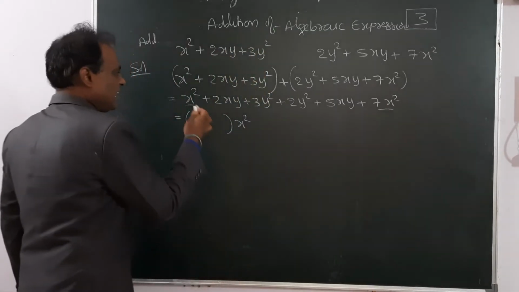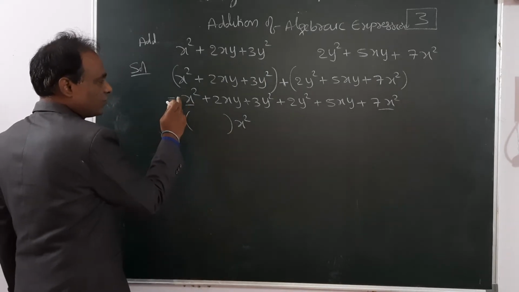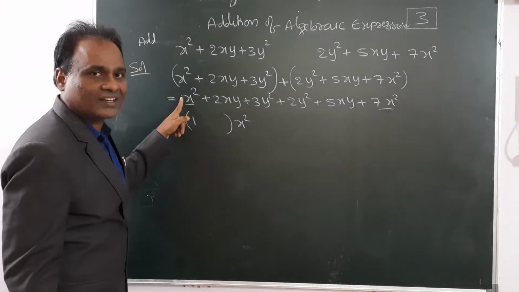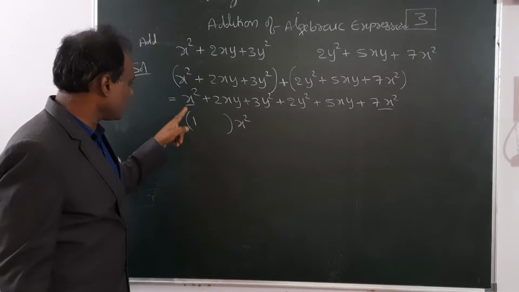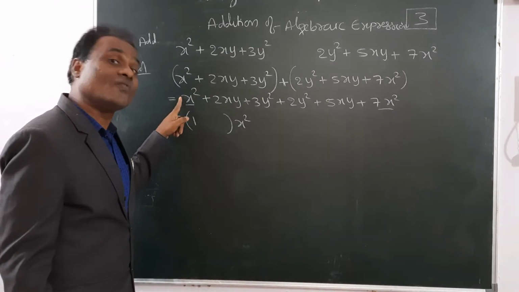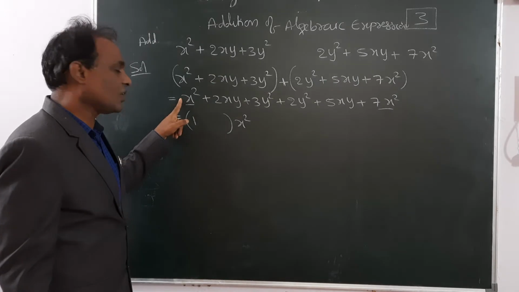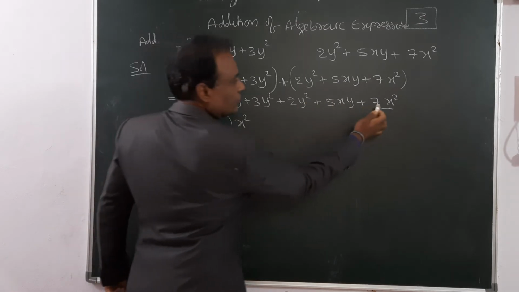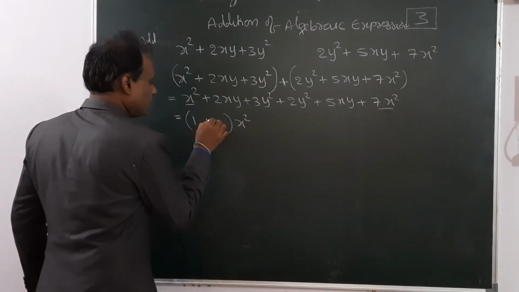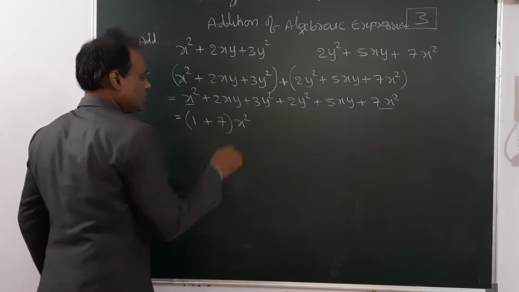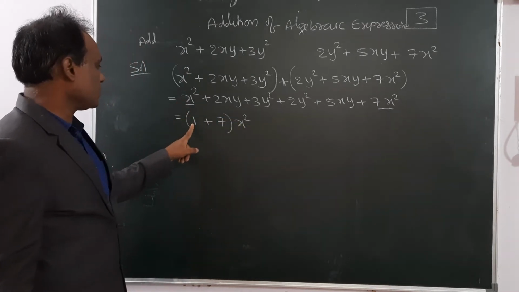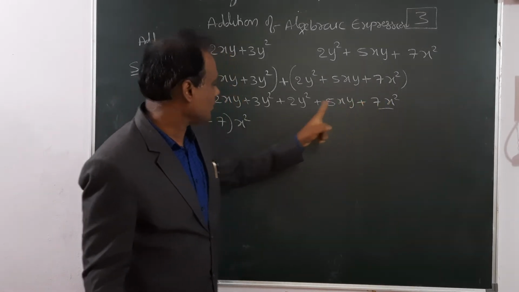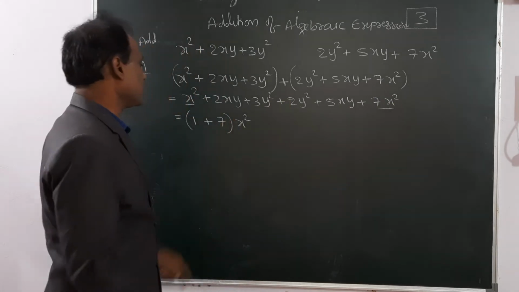I am adding these two. x square common means, what is the coefficient before x square? If there is nothing, that is 1. It is not 0x square, it is 1x square. If there is some number here, we write it. If there is no number, it is nothing but 1x square. So how many x squares? 1x square, plus 7. So x square common means 1 will be left, and the other is 7x square with a plus symbol. x square common means 7 remains.